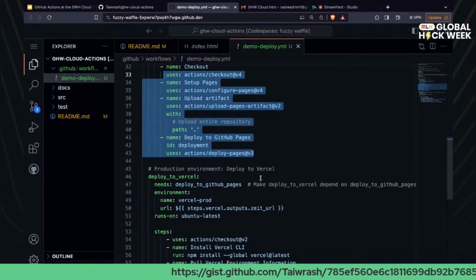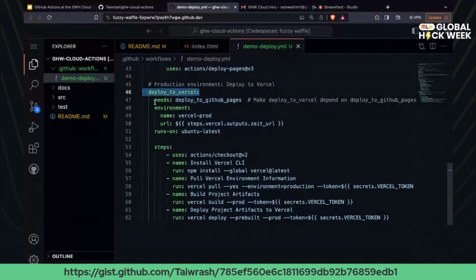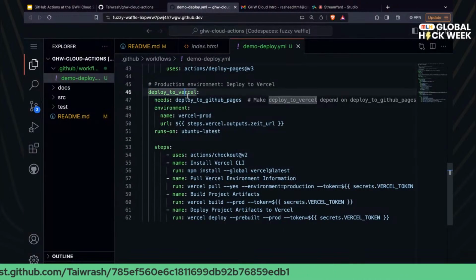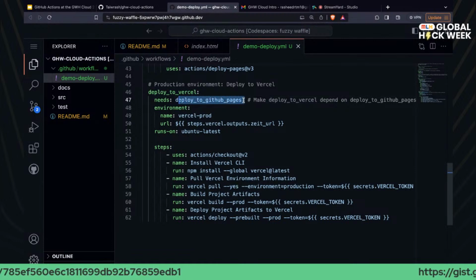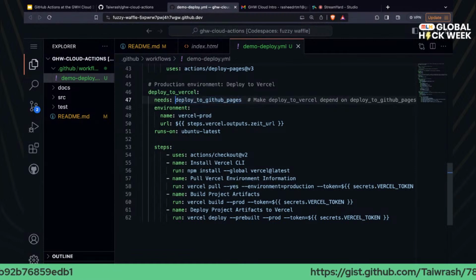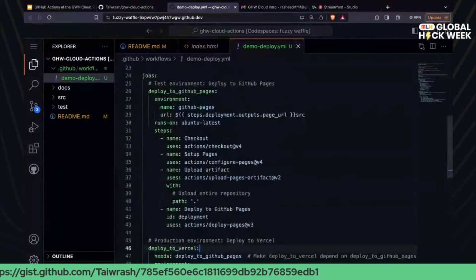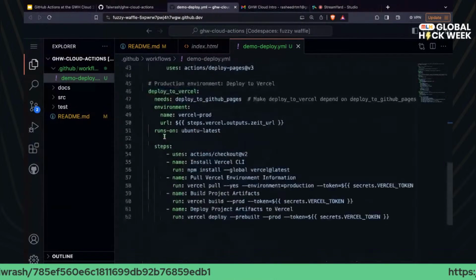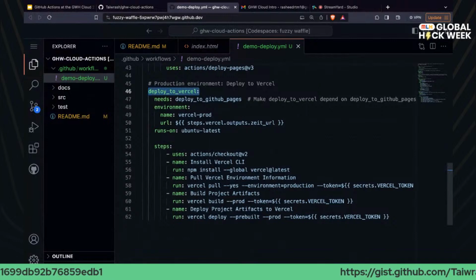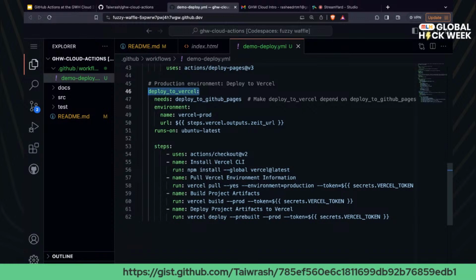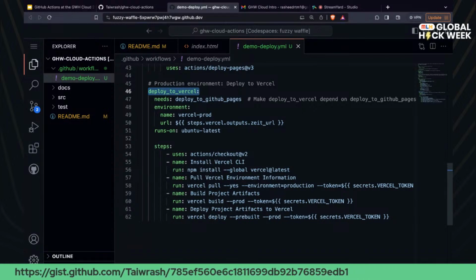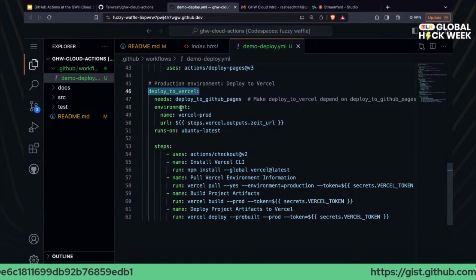And to talk about the production environment, we'll get to see that this particular one should depend on the first one. If the first one does not complete deploying, this one should not kickstart. That's what this particular one means. So if the first job, which is this particular one, does not complete, do not kickstart the other one. So we want to deploy this other one to Vercel. So we are having two different environments. If you have been working at a production level or on a very big project, you understand what this is doing: deploying into a test environment and deploying into a production environment.